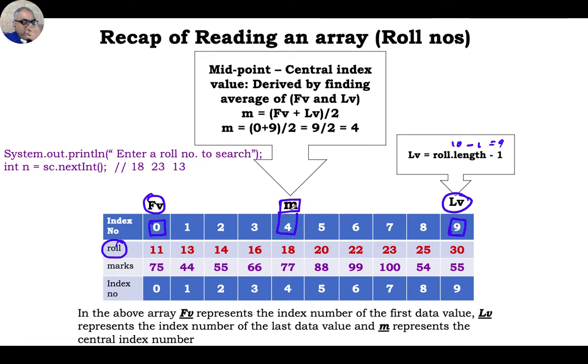Now what is a binary search? In this case we are going to find a central cell number. How do we find it? We take the first cell value, that's 0, and the last cell value, which is the last index number, we total them and divide by 2. So 0 plus 9 divided by 2, 9 divided by 2 is 4. Remember, in your 9th standard, integer divided by integer is integer. 9 is integer, 2 is integer, so your mathematical answer is 4.5, but the integer result is 4, so the computer will take only 4. Now that becomes your central cell number.